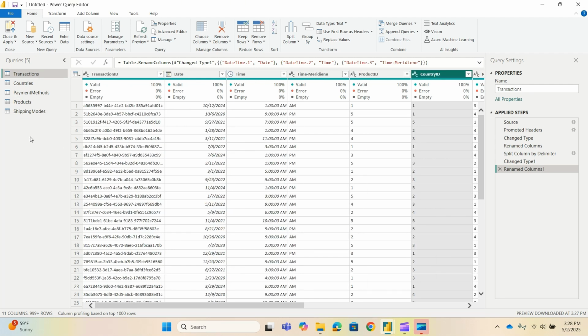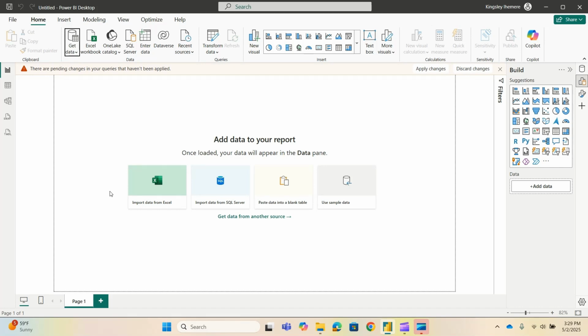Let's go in and you see in real time how this relationship is being created, and that is our next step. So we'll go in, close and apply. Now this close and apply happens when you have made any changes and you want to apply them to Power BI and close the Power Query. If you want to just apply without closing Power Query, you click on apply. Or if you did not make any changes, or you don't want to implement the change you made, you just click on close. Right now we want to do both, so we click on close and apply,